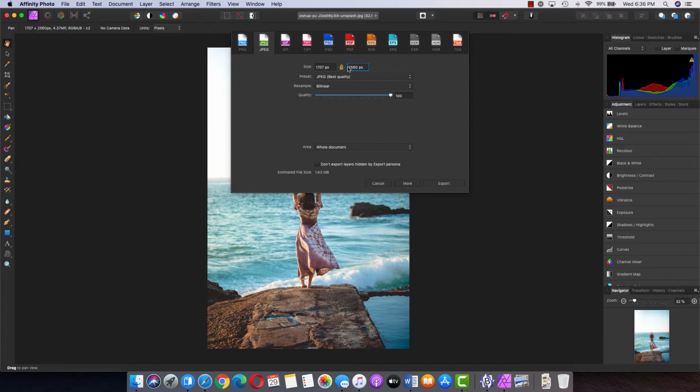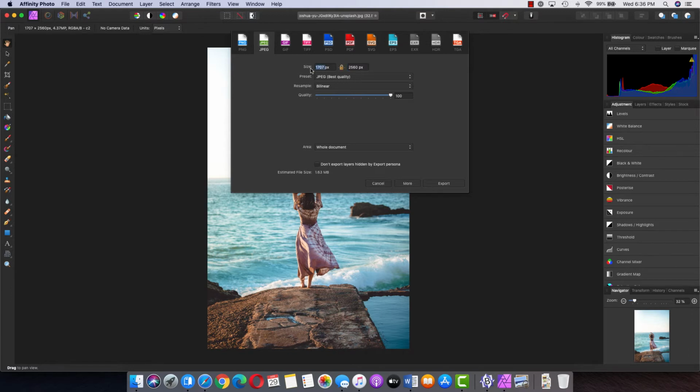The first option which you see here is image size. Though a lot of other tools allow you to do canvas resizing and photo resizing, all those options are also available in Affinity Photo. But it gives a very decent option. At the time of export, you can decide what size you want to export with.